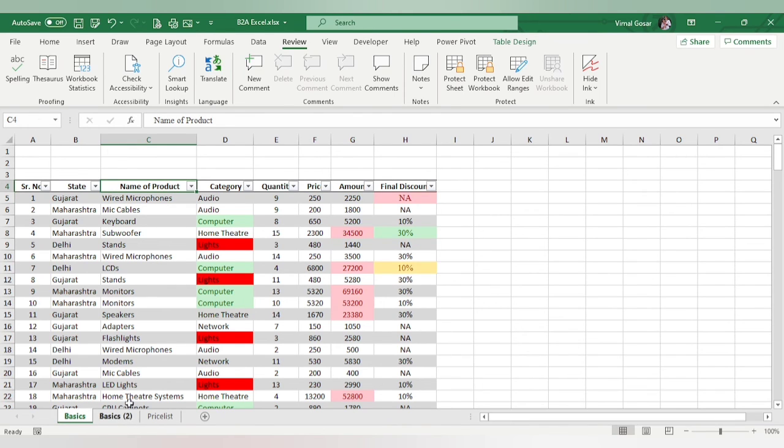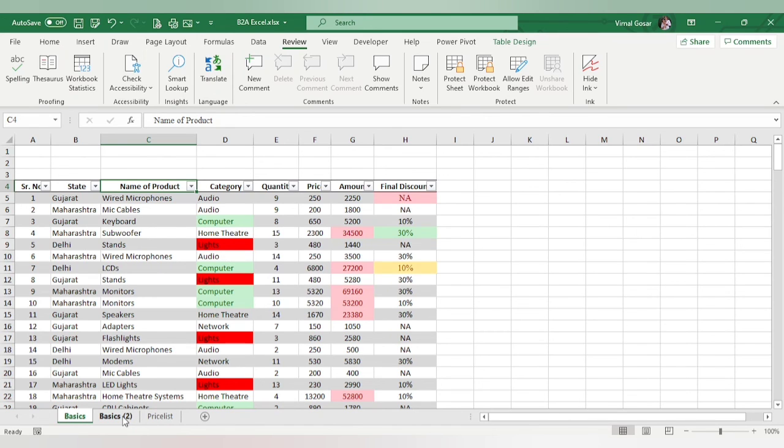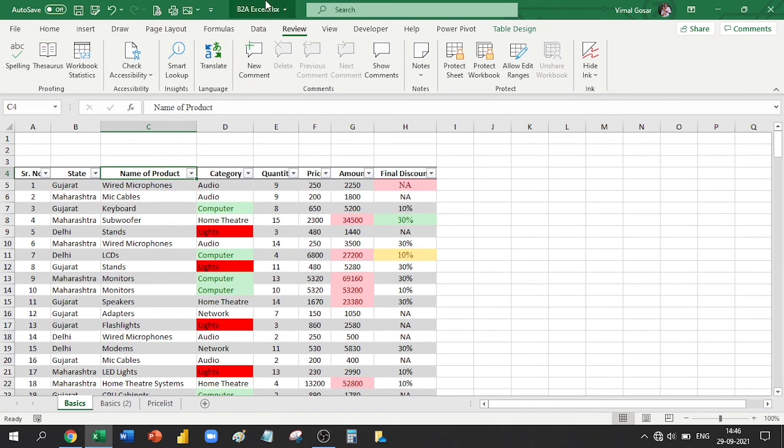So what we can do is instead of doing it individually, I can link these two sheets. In fact, I can just select these two sheets and do all the editing. So when I do that, I have to first of all click on the basic sheet, which is the active sheet, and I will select the other sheet as well with the help of the control key and mouse button. Control key will be pressed and I'll just click on the mouse button. So now we are going to change this. We will be able to see that the workbook is grouped. So let me click on this, and when I've done this, it is showing me that it is a group.